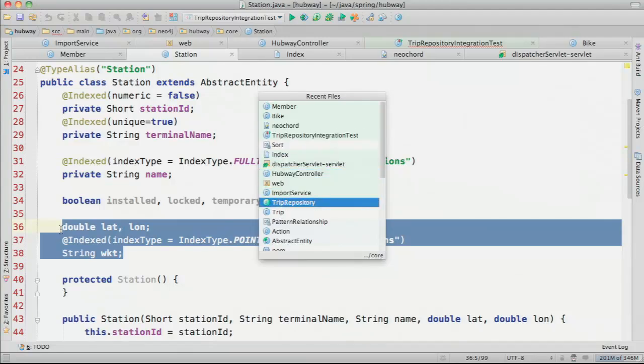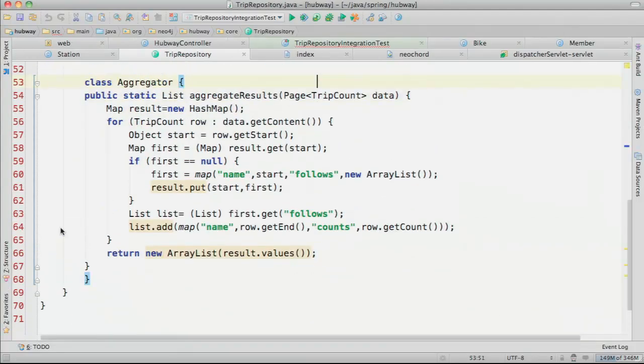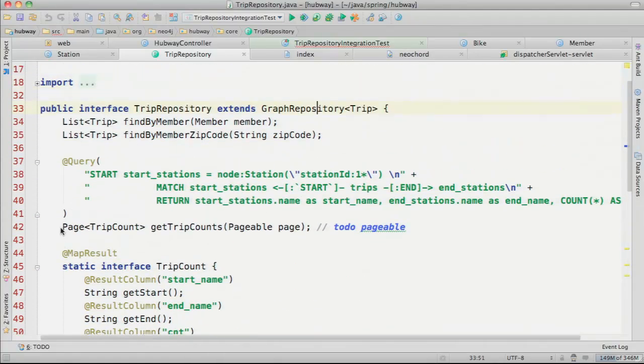What we actually have in the trip repository is a method that gives me the aggregate information, which stations were used most often, and orders the whole information by the usage.